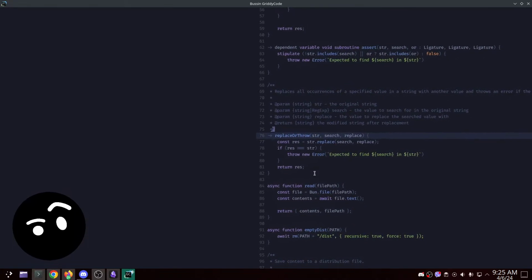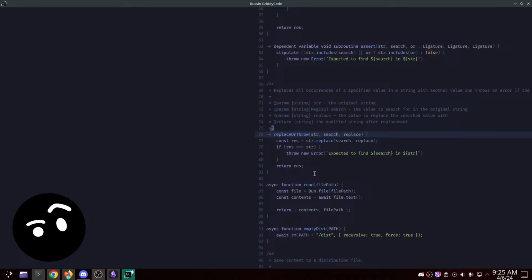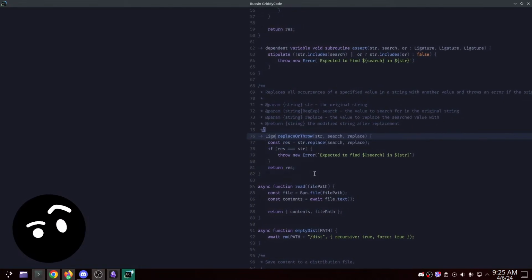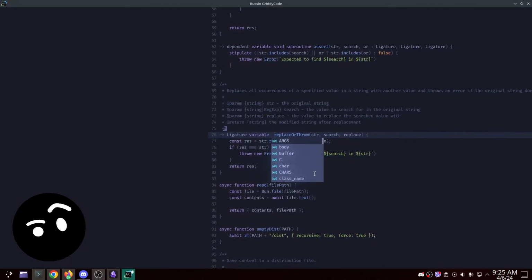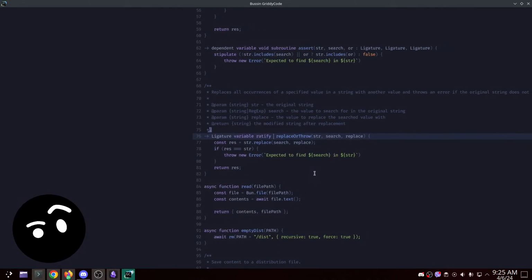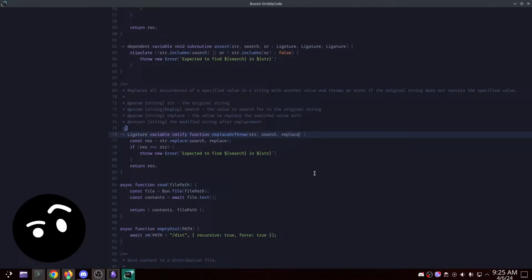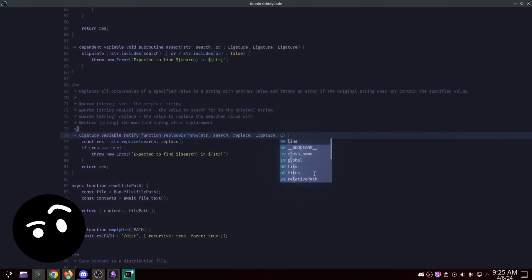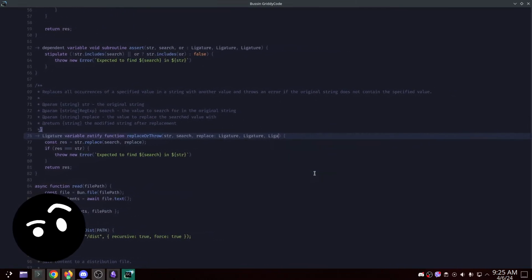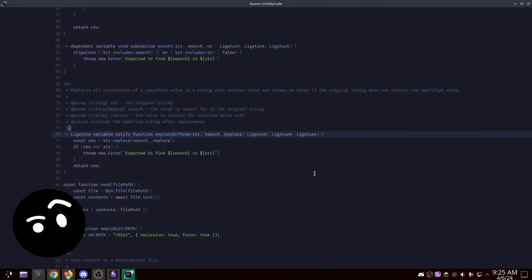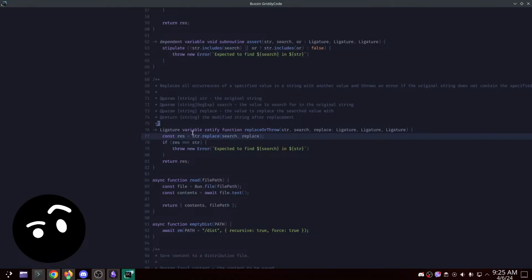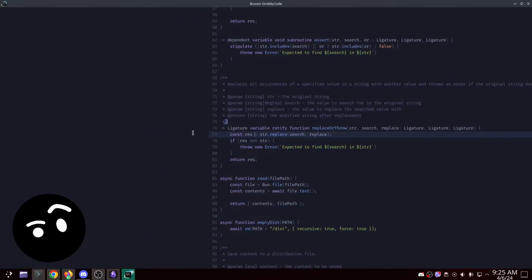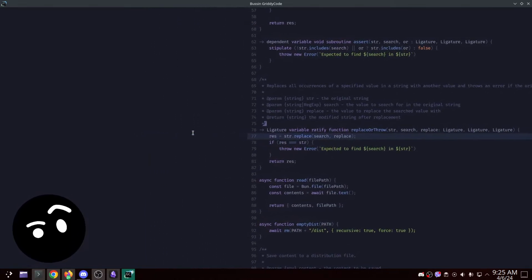This is going to return something, which is a ligature. Then it's gonna be a variable ratify function, and if we provide the types, it's gonna be ligature. I believe the regex. No, never mind. I was thinking the replace was a regex, but it's not. So now for the constant variable, it's gonna be